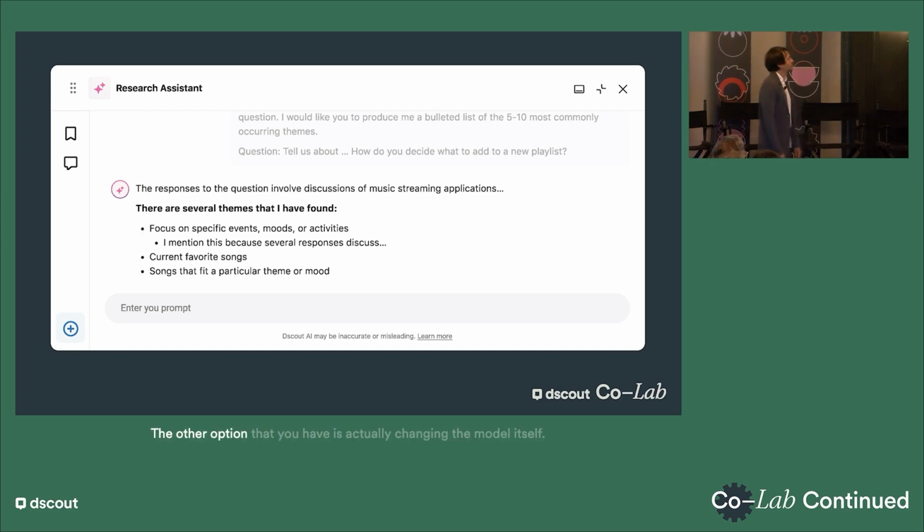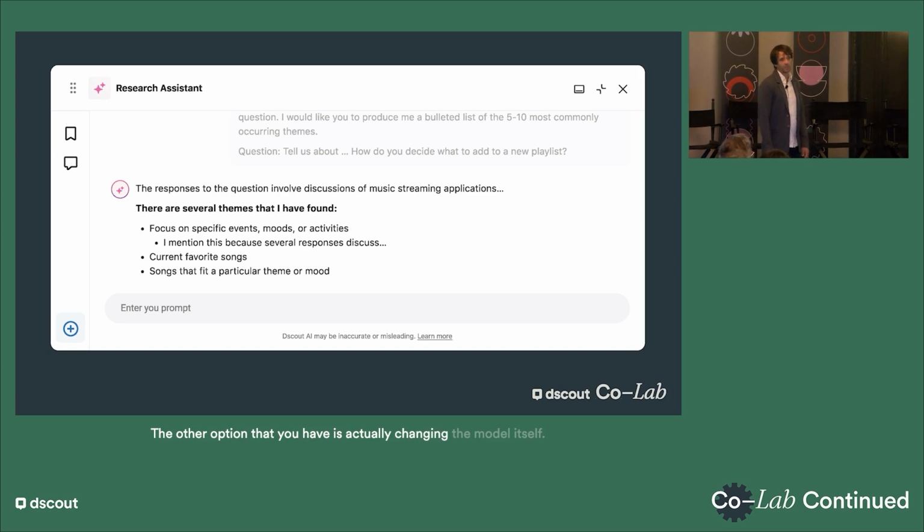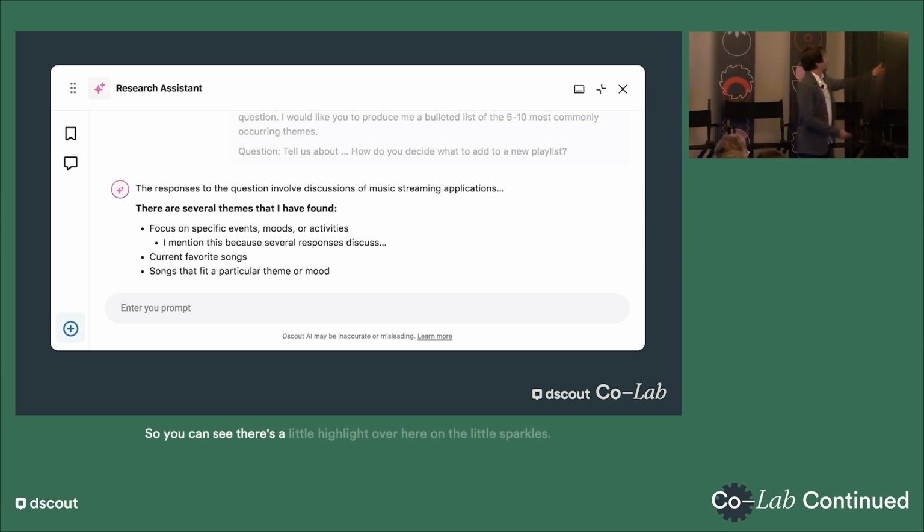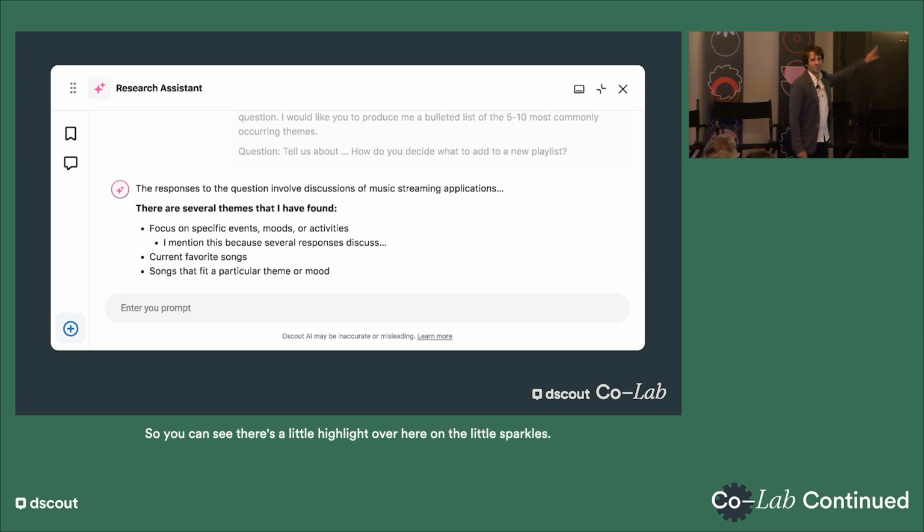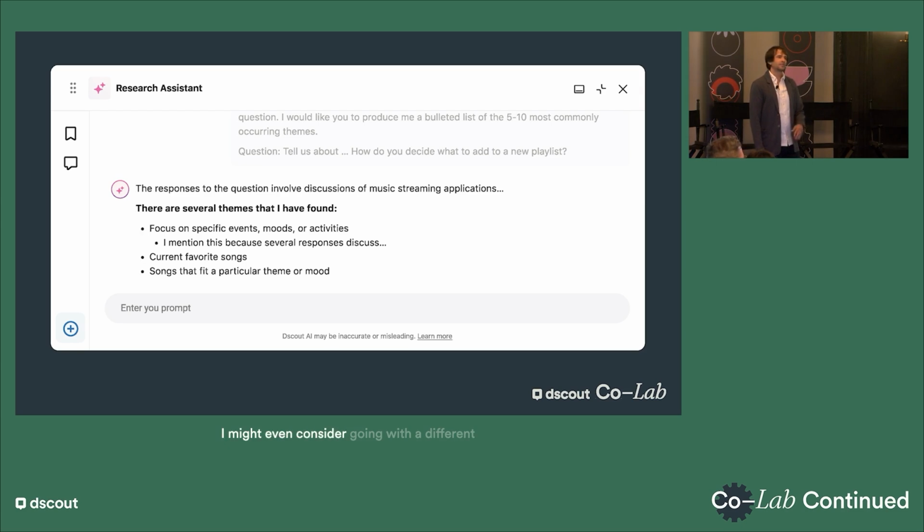The other option that you have is actually changing the model itself. So you can see there's a little highlight over here on the little sparkles. It's hard to see on this, so I wanted to point it out. But this is where you might actually go with a completely different LLM to change the output as well. So say for this example, I use ChatGPT 3.5. I might consider using 4.0. I might even consider going with a different provider like Google Gemini or Copilot. Now,